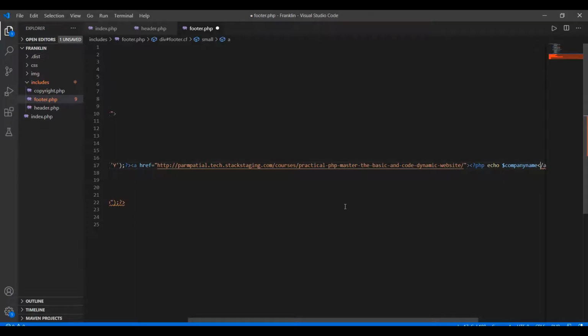I put the semicolon here to end the statement, and here I'm closing the script. This is no longer required as static, so I'm deleting this, and with this I'm closing the small element.